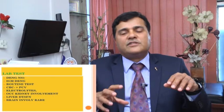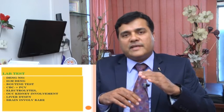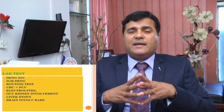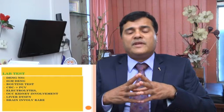Because of dehydration, the hemoglobin concentration increases, RBC concentration, and you might get a higher hemoglobin and a high packed cell volume, a PCV. The WBC count can become normal or low in dengue, and the platelet count will become low in dengue, and as the fever progresses, the platelet count keeps going down, and it may reach as low as 3,000, 5,000 or 10,000, during which time the risk of spontaneous bleeding become very high, and the therapy involves